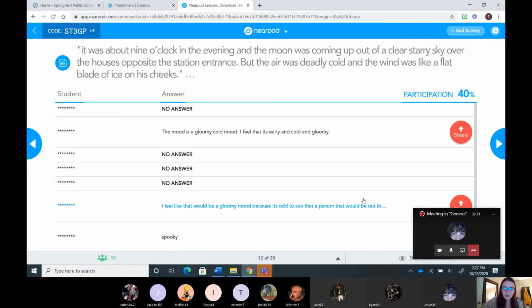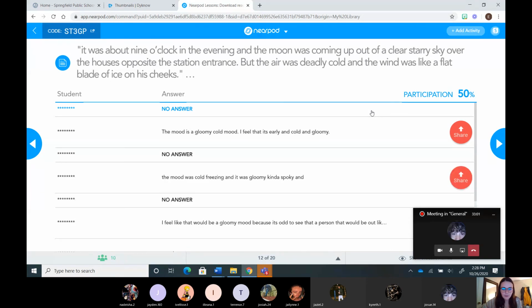But right away, when you guys read this, I remember you thinking, oh, we talked about how it's foreshadowing that something bad is about to come because it's dark outside. The air is being described as deadly cold. The wind is like a flat blade of ice. So we talked about those words, deadly cold, flat blade of ice, and those words connected to that idea of death. And I remember we said, now we have a mood of darkness, of death, of depression, spooky would even work, gloomy,